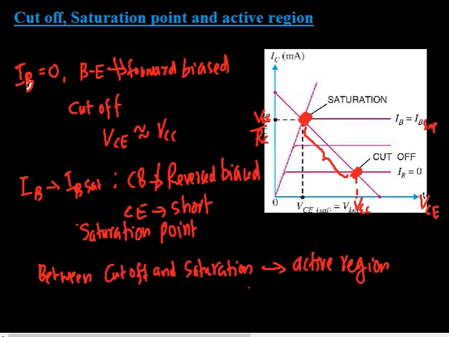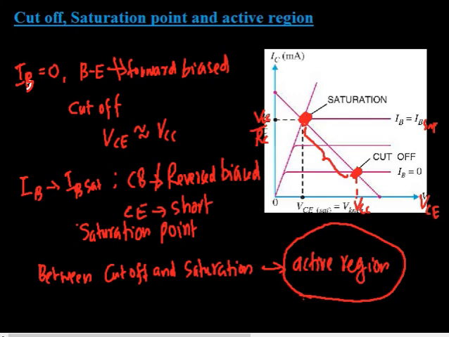So now we will provide proper biasing to the transistor circuit to make the transistor work in the active region. A transistor can be used as an amplifier only in the active region.